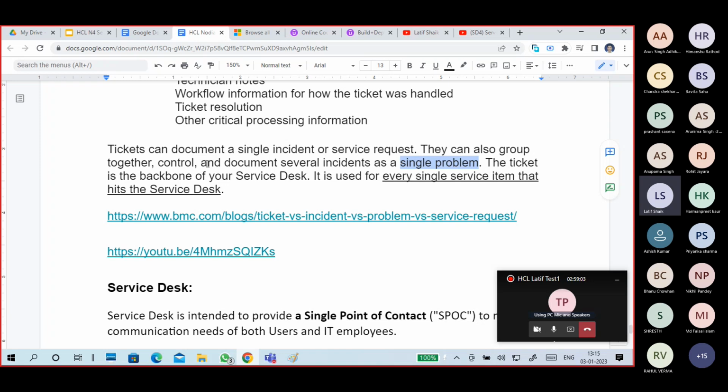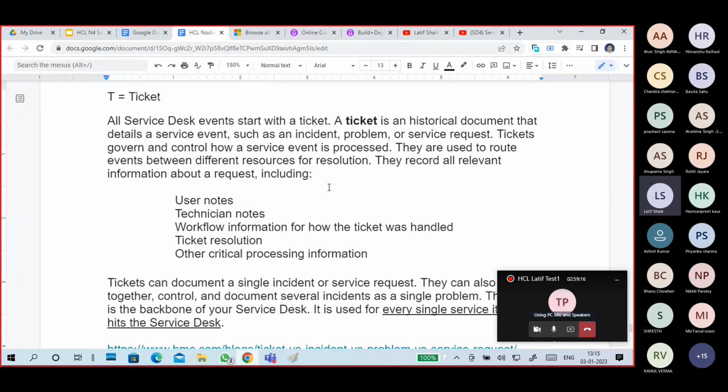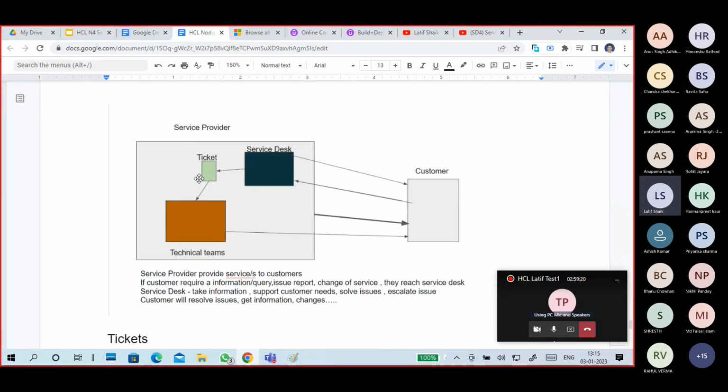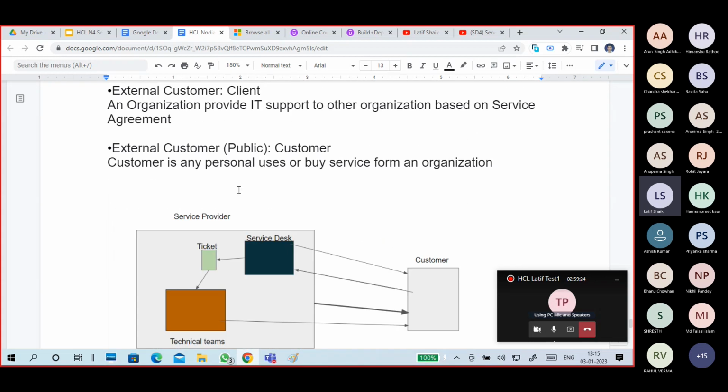We can group these tickets and make them one problem ticket. Every event that hits the service desk, whenever anything reaches the service desk, a ticket will be created. Tickets must be created.